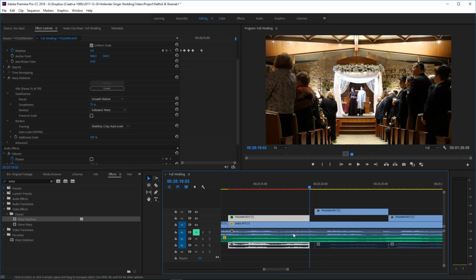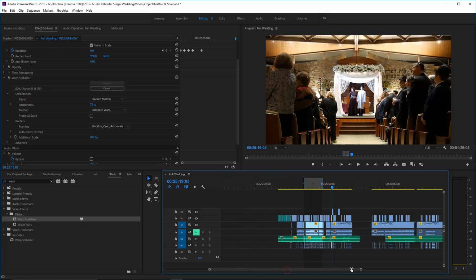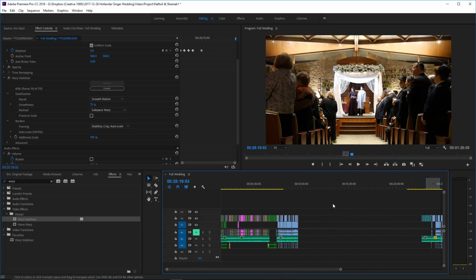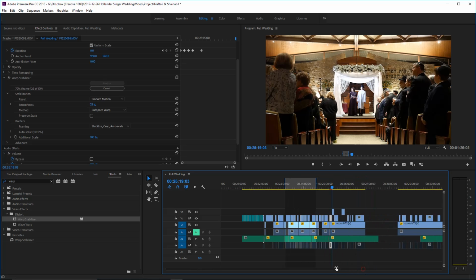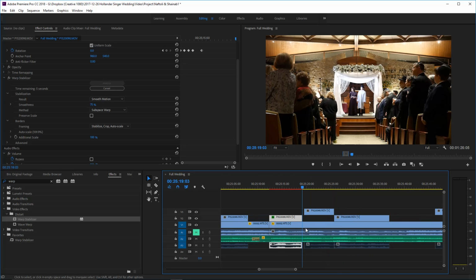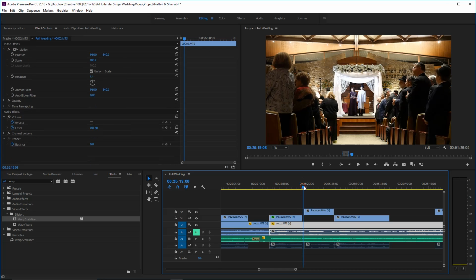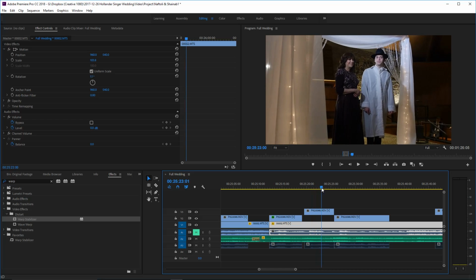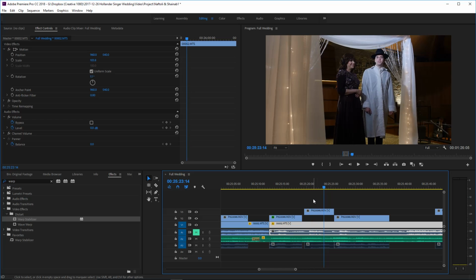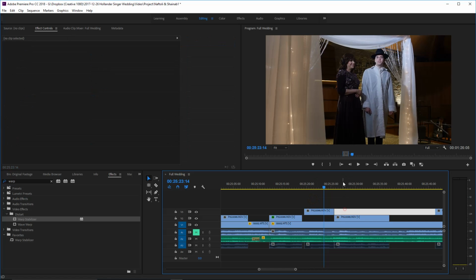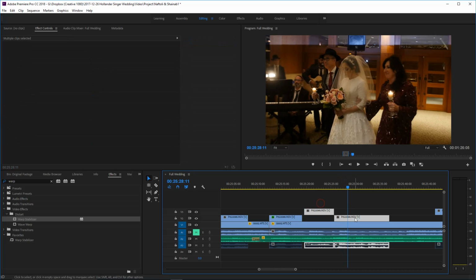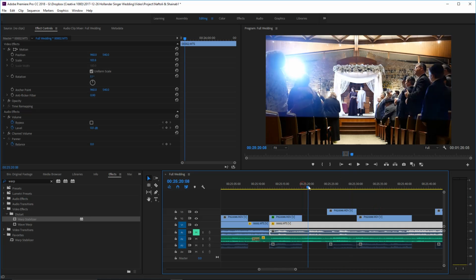Now another thing I like here, I'm going to cut this one a little short so that it, again, we'll analyze. Whenever you adjust a clip that was warp stabilized, it needs to be analyzed, and you'll see that by having this red mark over the top. At the end of a full edit, you'll be able to jump through, find those red marks, and just make sure that everything works with them. I happen to think that this is really nice. This far shot of the groom looking will be a nice lead up to this close shot of the groom looking.